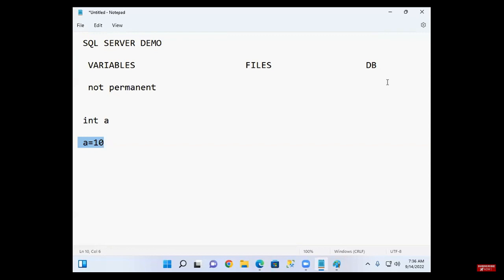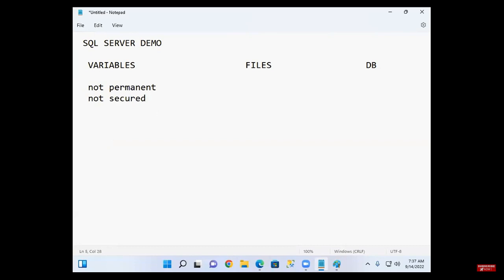Once program execution is completed, the value assigned to the variable is gone. You know that, no? So that means the value stored in variables is permanent or not permanent? Not permanent, temporary. The value exists up to the program execution. Once program execution is completed, the value assigned to the variables is gone. This is not permanent. This is not secured.